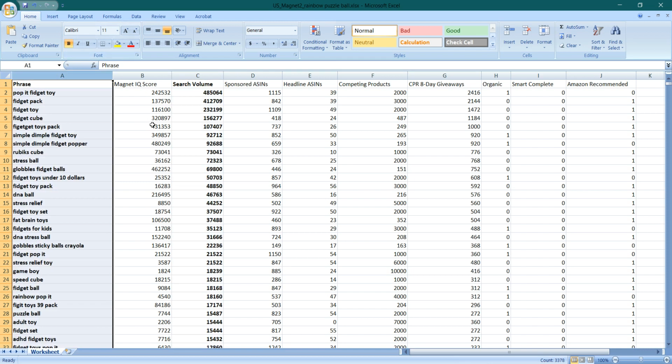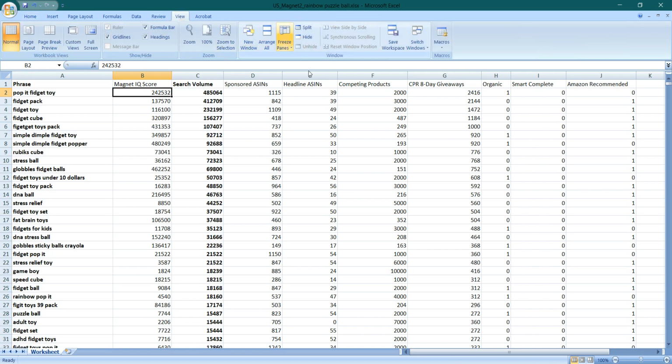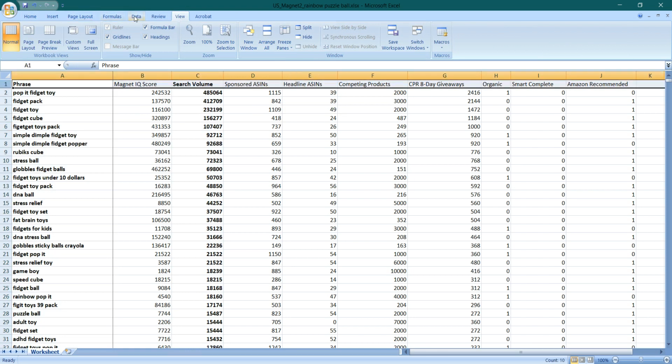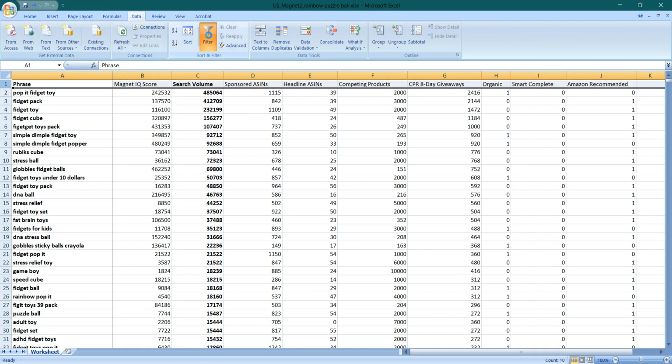These are the keywords. Now I'm going to do the same scanning from this sheet, so that I can filter out those keywords which are highly relevant.